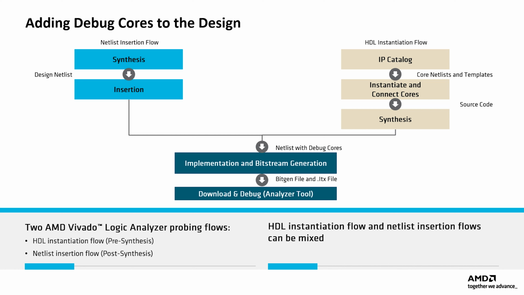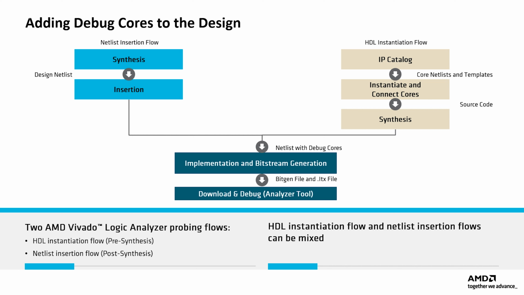The second is the netlist insertion flow. This flow is limited to inserting an ILA core. A simple wizard creates and configures ILA cores automatically based on the selected nets to debug. This flow inserts the core directly into the netlist, eliminating the need for design resynthesis. It is generally easier to add and remove debug cores using this method. Moreover, the netlist insertion flow allows for probing at various design levels, such as HDL, synthesized design, and system design.